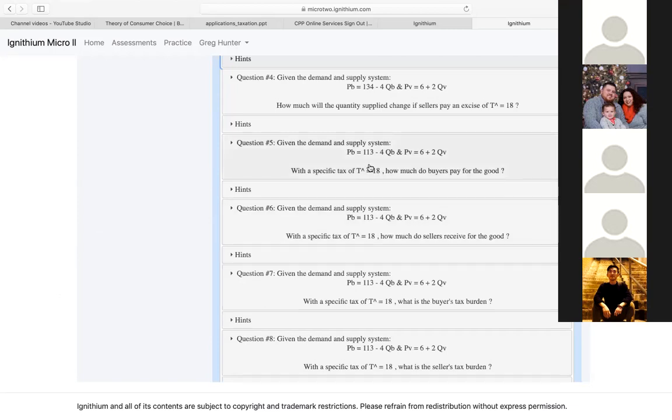Hi. So you wrote down the numbers, right? You've got demand and supply. They're actually pretty similar, and you've got the tax, right? Did you try to graph it? No. Okay. Well, my suggestion would be,